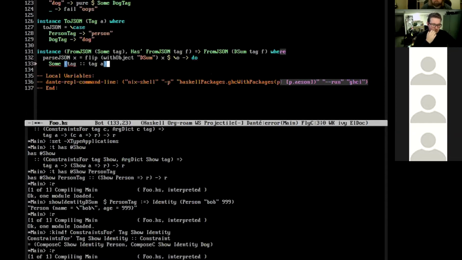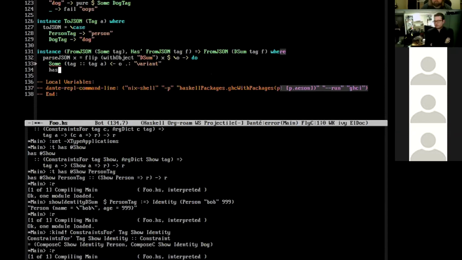When we parse a tag, we get to bring a type variable A into scope. Once we have that A, we can use has. We know the constraint we want to get out of it. We know the F. Now that we have the tag, we know what the A is.